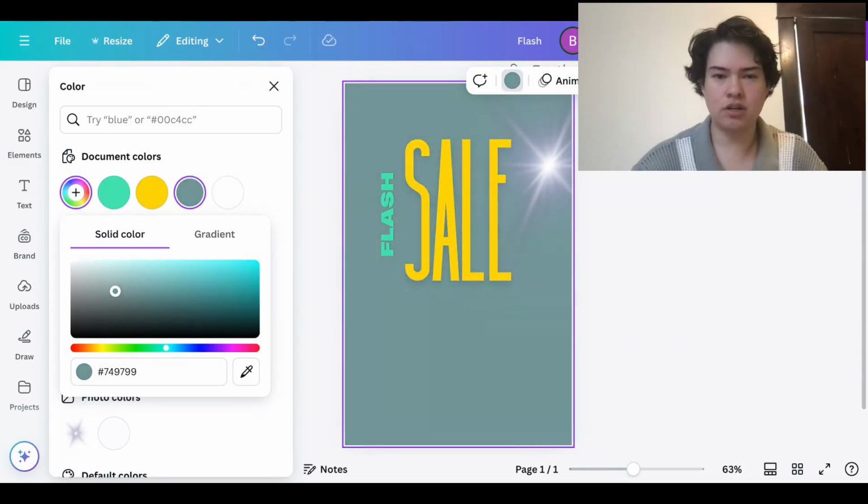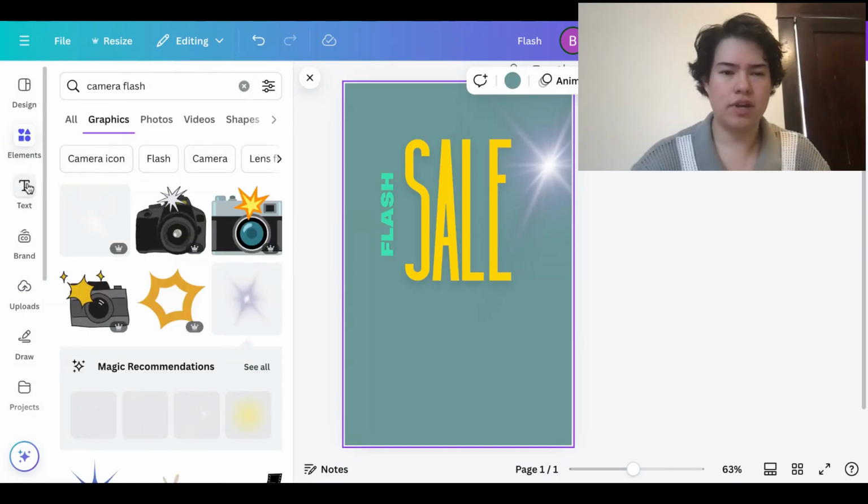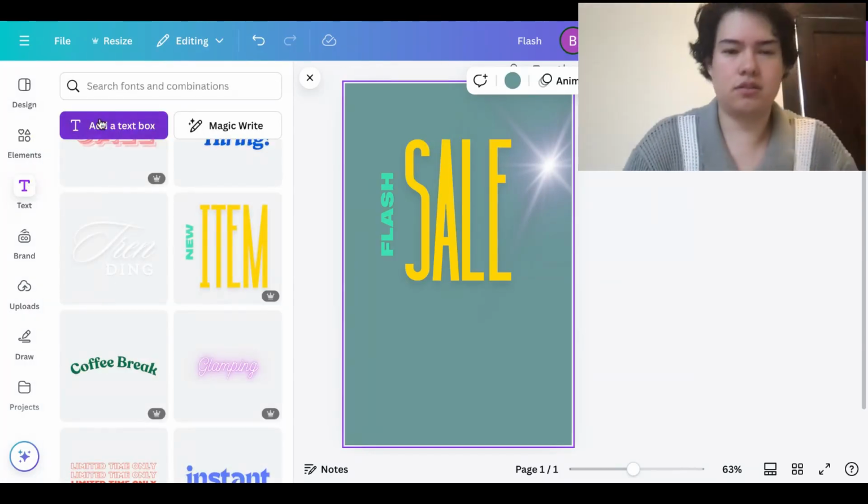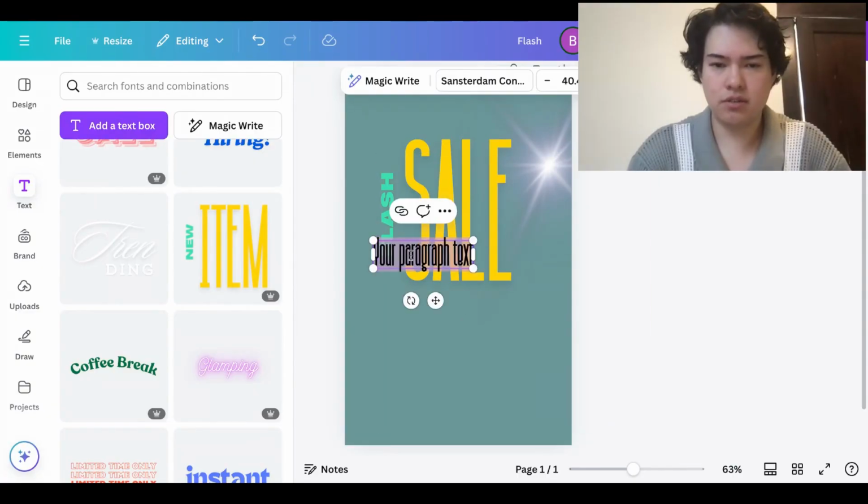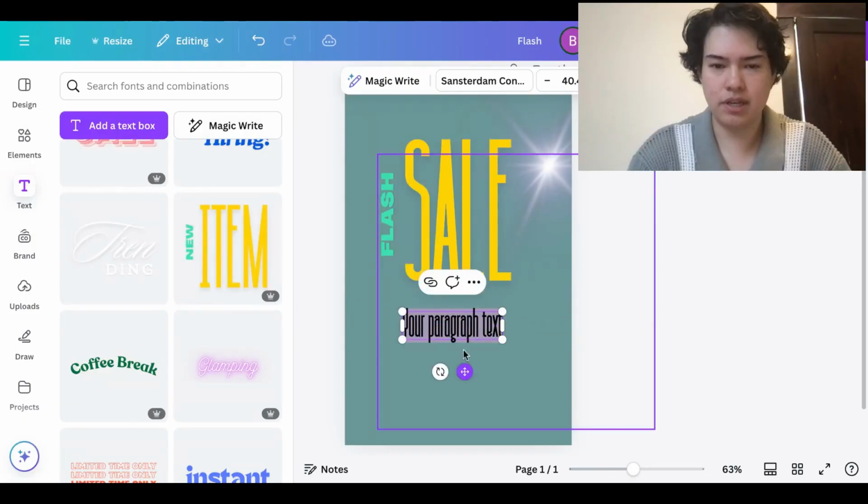Kind of want it a little darker to contrast. I think that's fine somewhere in that area, right? We can add some more text. We can start with just a text box. We can make it bigger, and we can say,